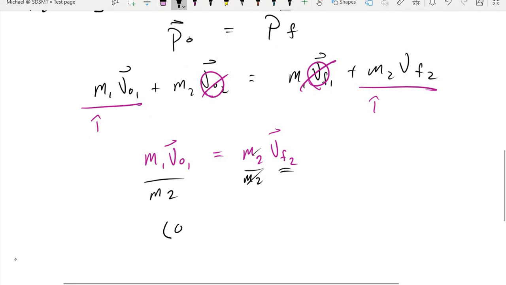The cue ball, mass 1, was 0.17. The 8 ball has mass 0.16. We had an initial velocity of 10. We'll get our calculator out. Got to open my calculator app. 0.17 divided by 0.16 is